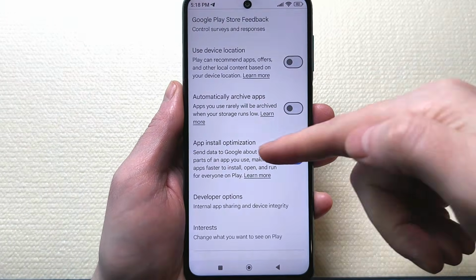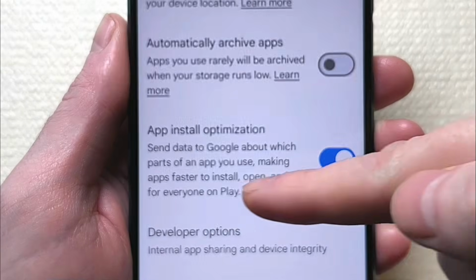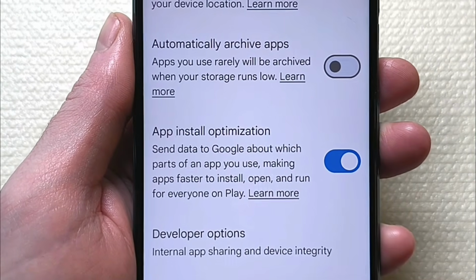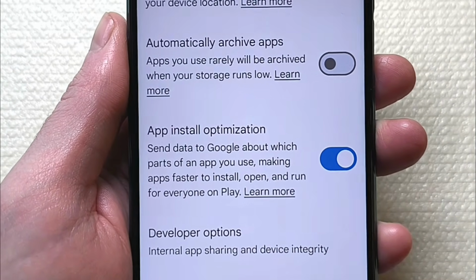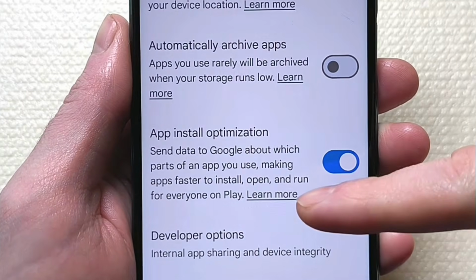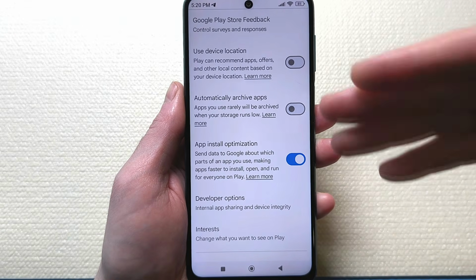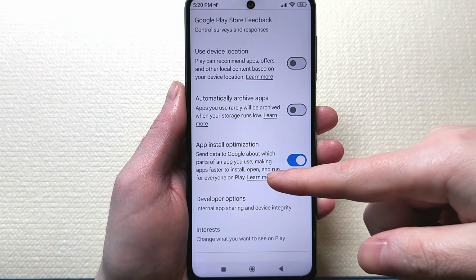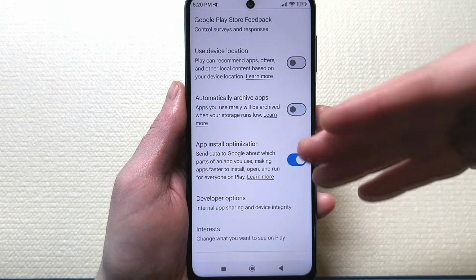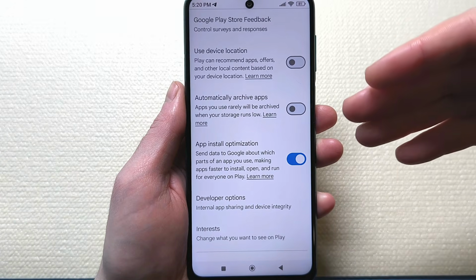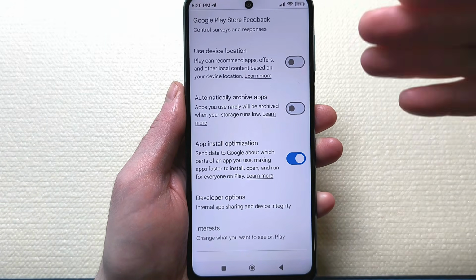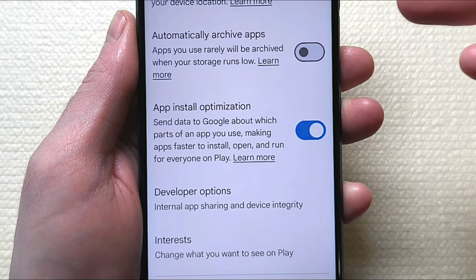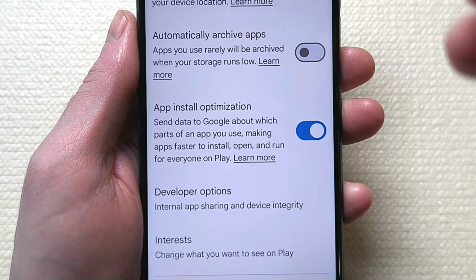Send Google information about which parts of the app you interact with. Look, if we click, the details are very large. A list opens. It says here that information about the menu, the parts of the app you interact with, is sent to Google when you first launch it. Well, even this is really enough to get the most important information and send it somewhere to save it and then do